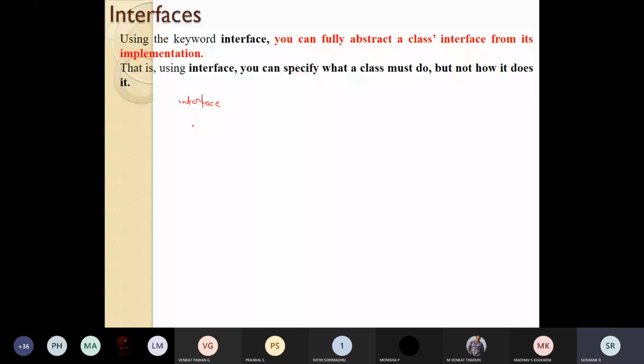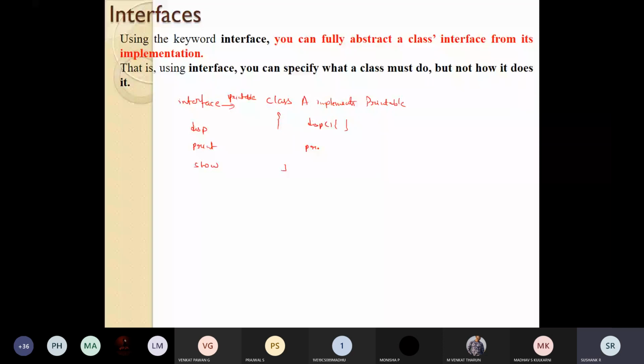There is a class called A which makes use of this interface, which I'll call printable. Now this class A should provide the logic for the display function, print function, and show function.